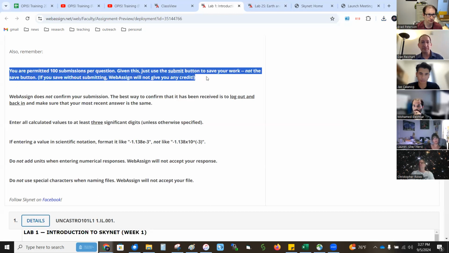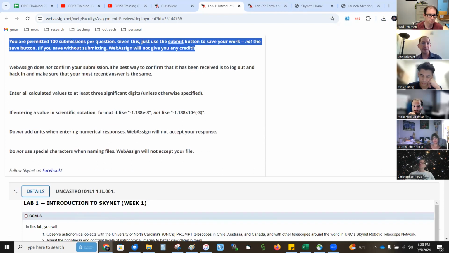Here's the bit about save versus submit. A couple years ago, they added both buttons, but I've set it up so they can forget the save button and just always use submit. It gives them 100 submissions per question, and if they don't change a question, it doesn't count against them. So for each individual box, they could change their mind 100 times and it would be okay. So just use the submit button, and then you run into fewer of these cases where they save but forgot to submit, and maybe you grade the wrong thing because of that.